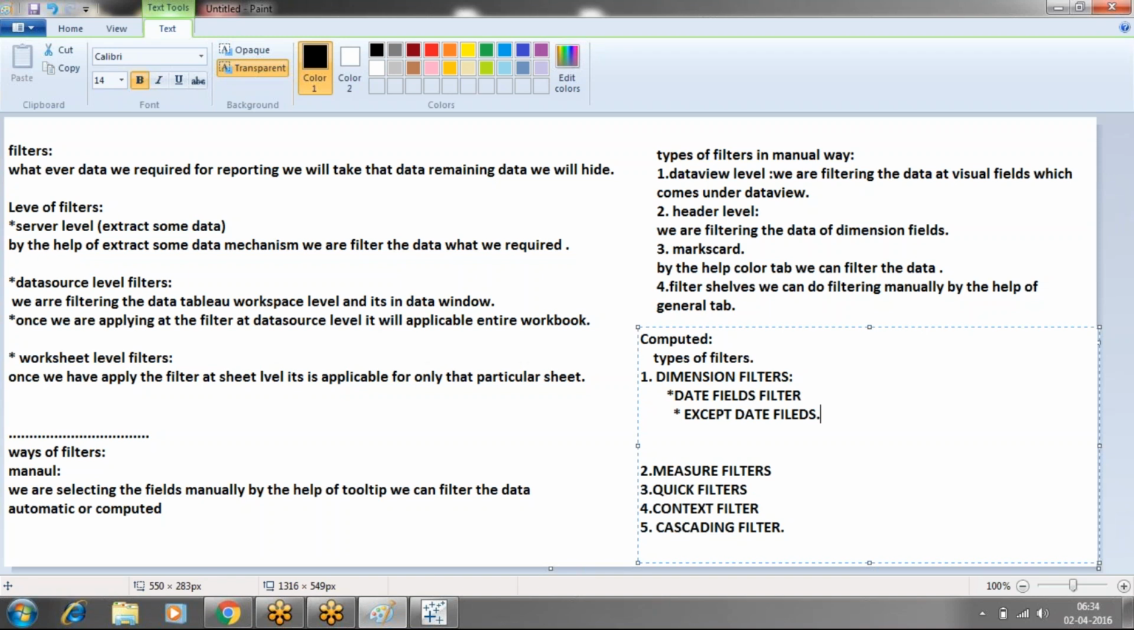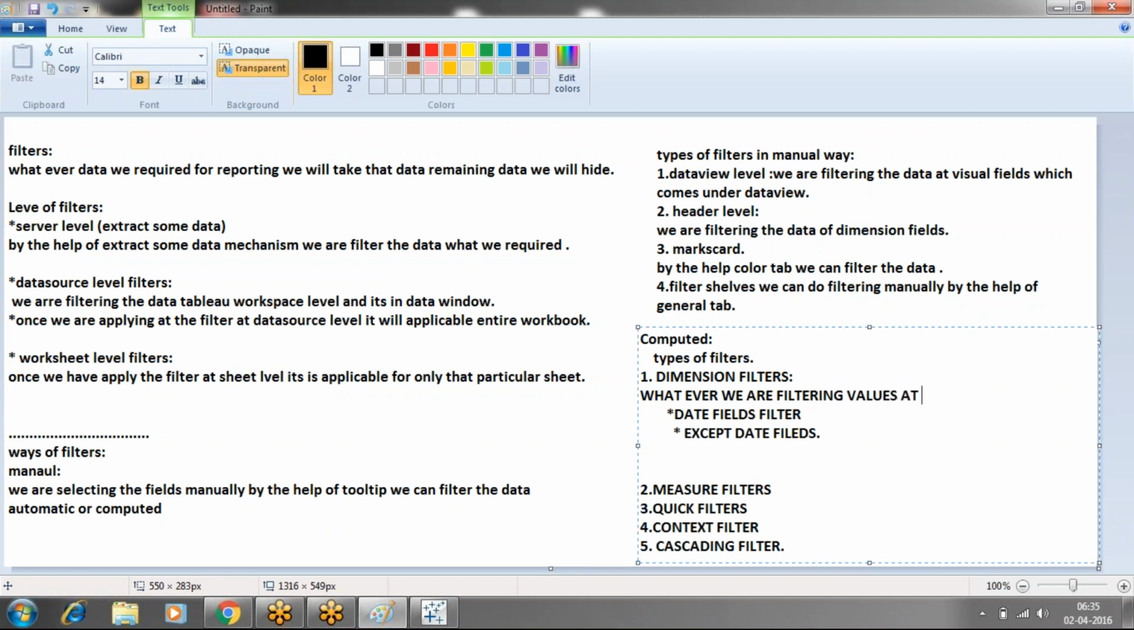And here, dimension filters is nothing but whatever we are filtering at the dimension level. Whatever values we are filtering at the dimension level come under dimension filters. Here, date fields means if you are going to make use of date fields, it is going to be applicable for only